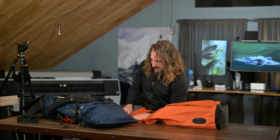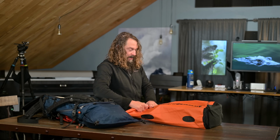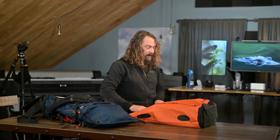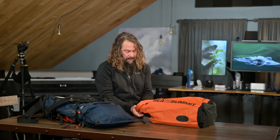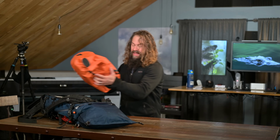I'm going to scrunch this guy down, roll this top up with most of the air removed from it. All right, hopefully that's enough. There's still a little bit of air trapped in there. Well, we'll see if I did well enough. And you're going to just lever that guy